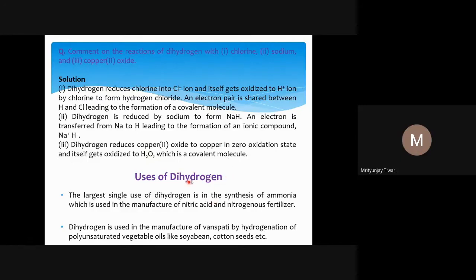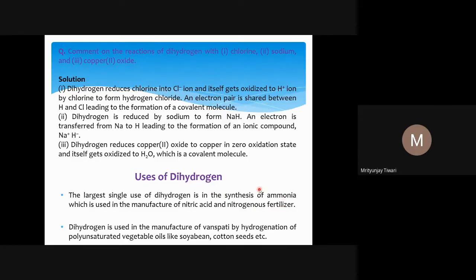Looking at the usage of hydrogen, we know it's a very useful element, and here is why. If you look at our body structure, more than 65%, around 70% of our body is hydrogen. Even hydrocarbons, proteins, and other things all contain hydrogen. Other than our survival, there are other uses in our day-to-day life. And the largest single use of hydrogen is the synthesis of ammonia.